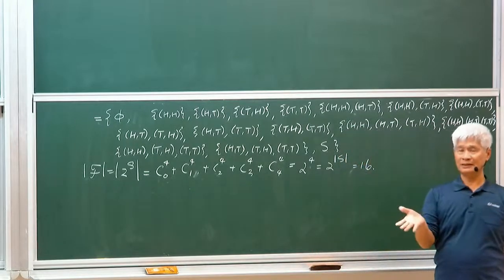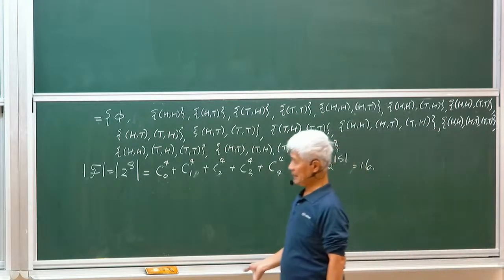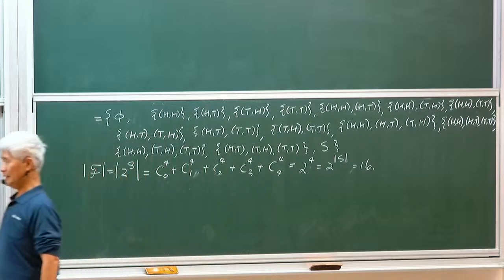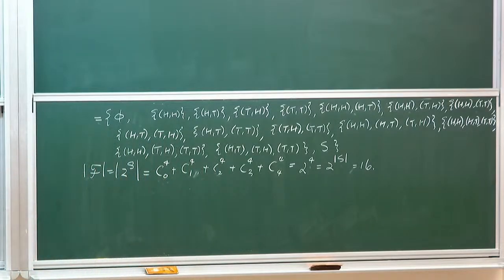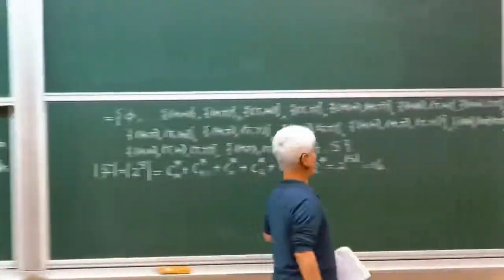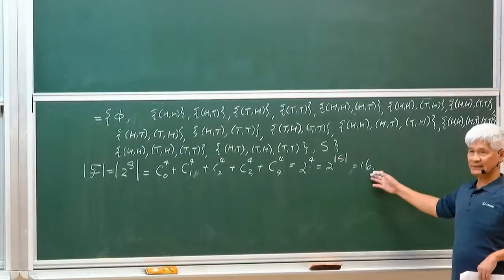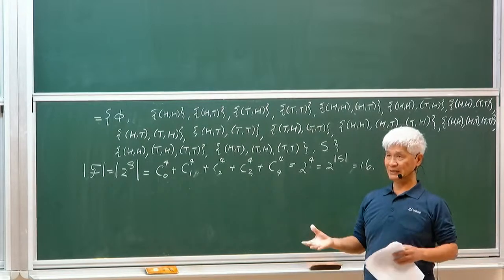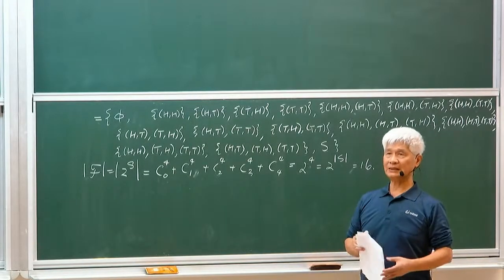So in this simple random experiment, there are 16 possible events for you to study. So that is very simple. It's really a very simple random experiment. So the complexity is low because it's only 16. But as you will see,